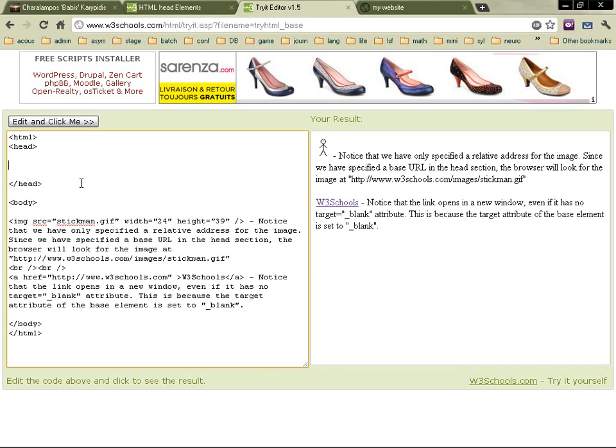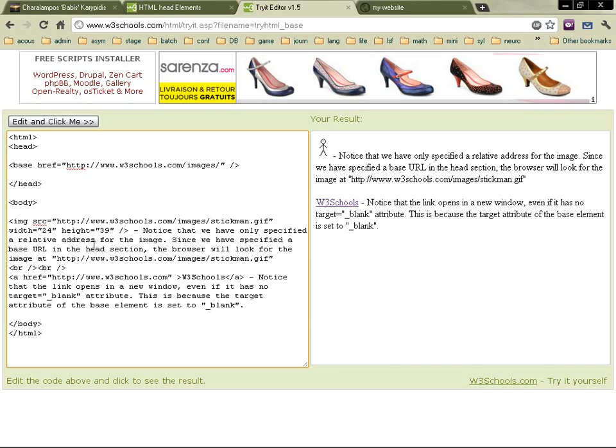However, what happens here is that every time we've got a relative address like this one, because it doesn't start with HTTP, this code is going to be